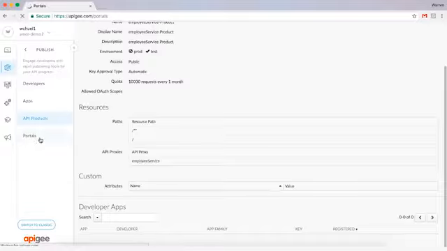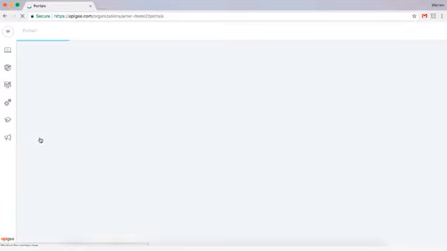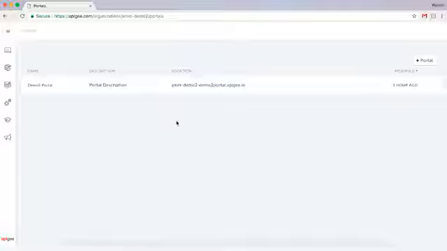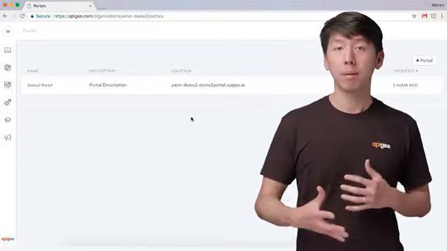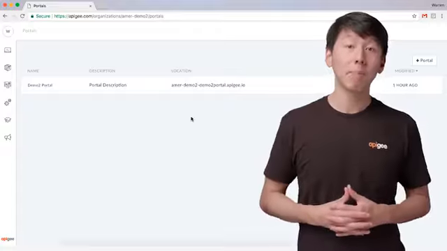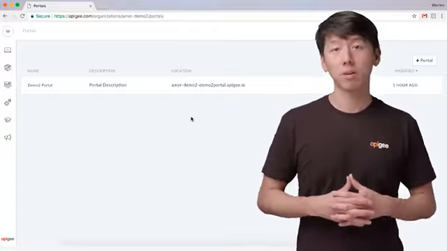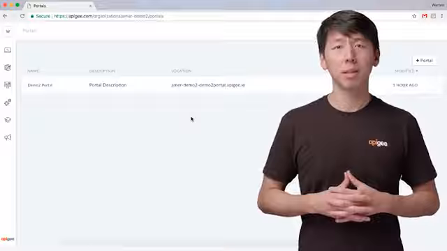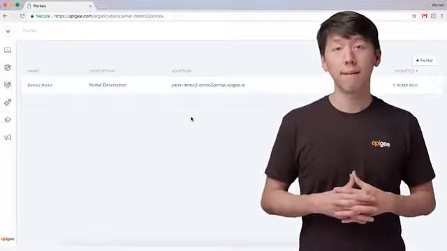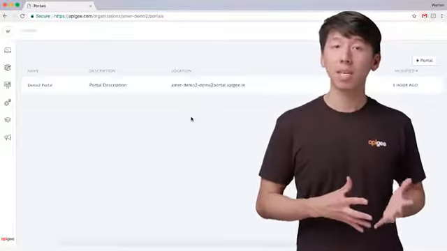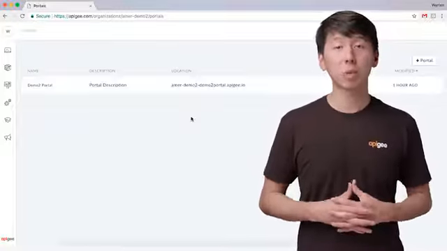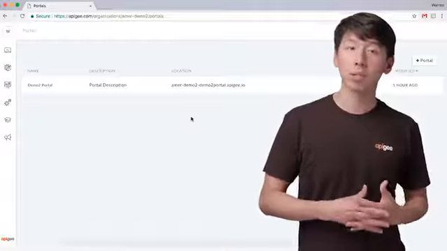Finally, let's take a look at the developer portal. The developer portal allows creators of applications to discover your APIs. Gone are the days when long and wordy documents were the only way to explain how an API worked. The developer portal will allow your app developer to access documentation and make calls directly through the portal itself. Think of it as an interactive document that the developer can play around with. The portal will also allow an app developer to register an app, obtain their key and secret, and even view analytics regarding their app, such as the number of calls.